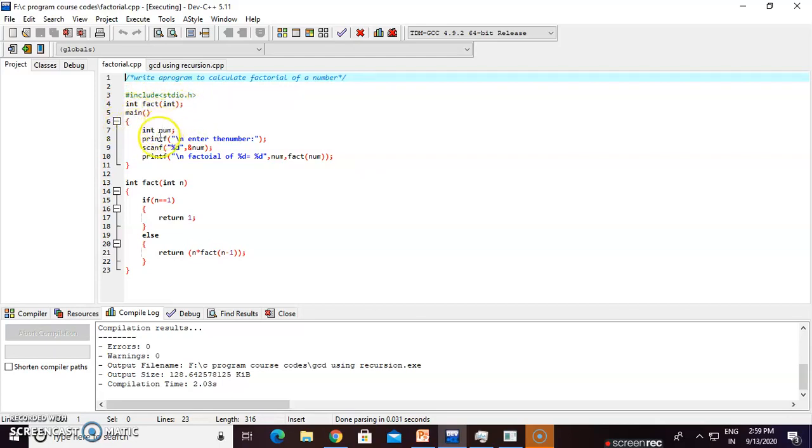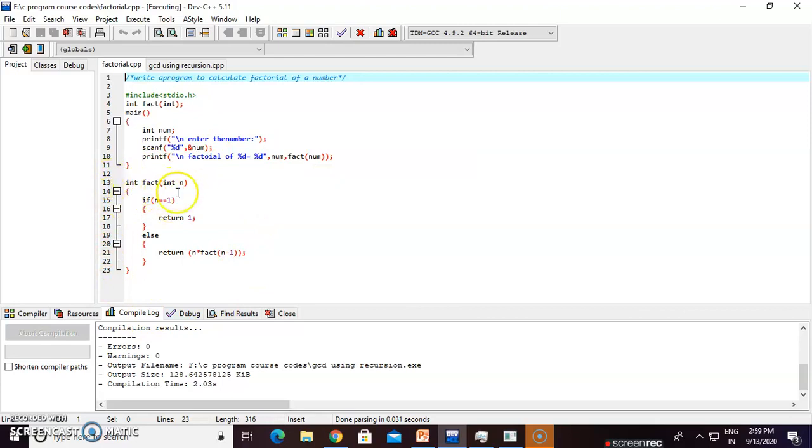In the main function, we declare a variable num of integer type, then printf enter the number, then take the input with scanf %d and &num. Then printf factorial of %d equals %d, printing the num value and fact of num, so the final value is printed here.